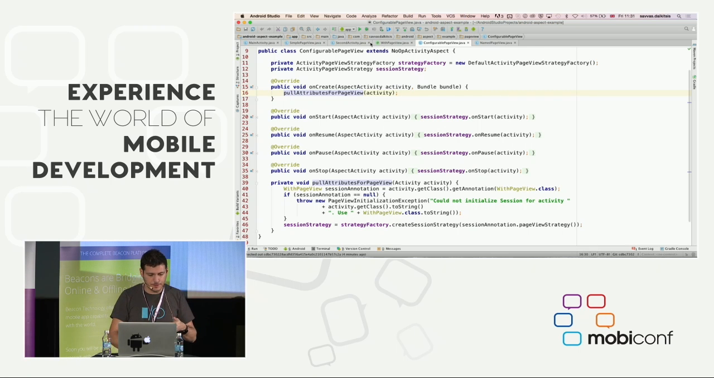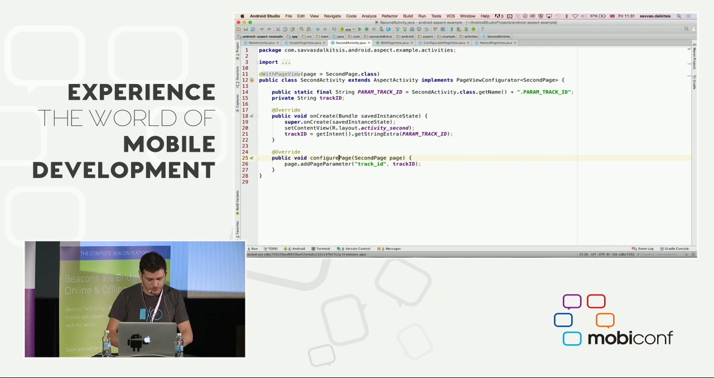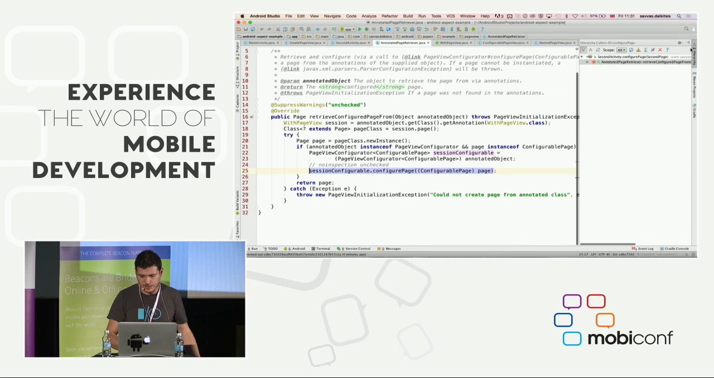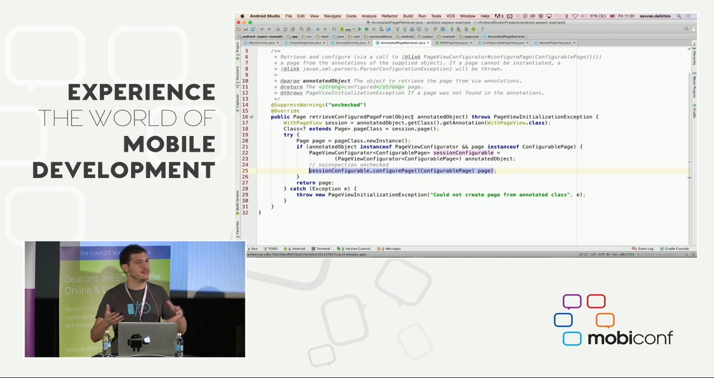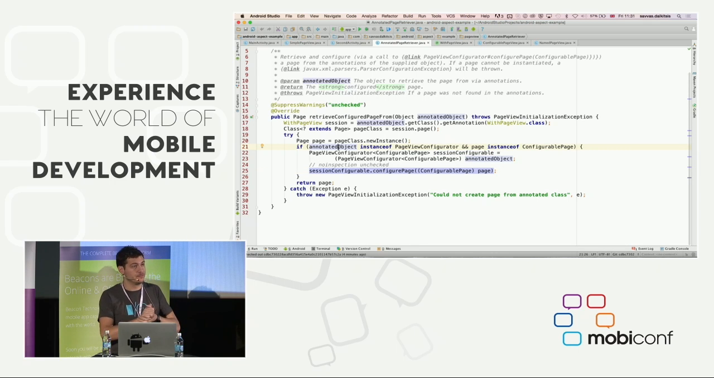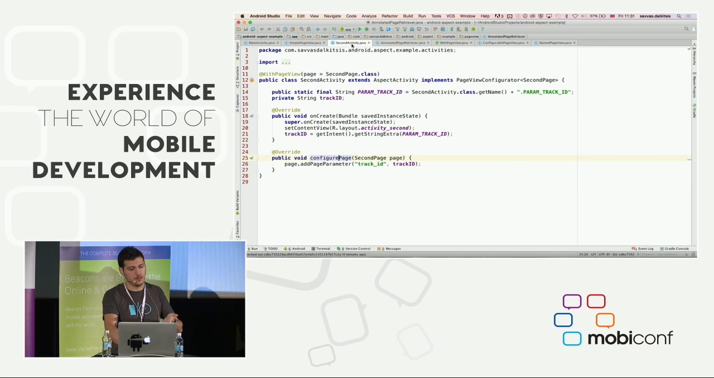And we have an object that when it retrieves those annotations, let me just find this here, annotated page retriever. This object is the thing that basically now goes and finds the page object from the activity in this case. I've extracted it for simplicity. Yes, it also checks if the annotated object implements that interface that we set, page view configurator, and it will then allow the activity to configure that. That's it, and basically let me open a